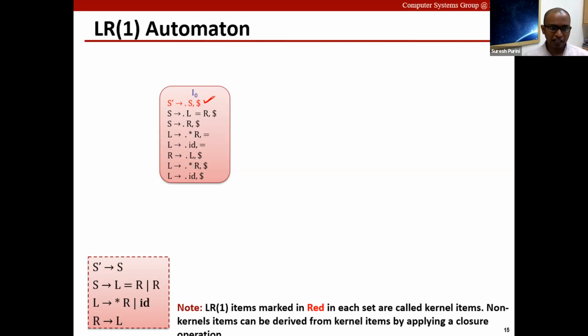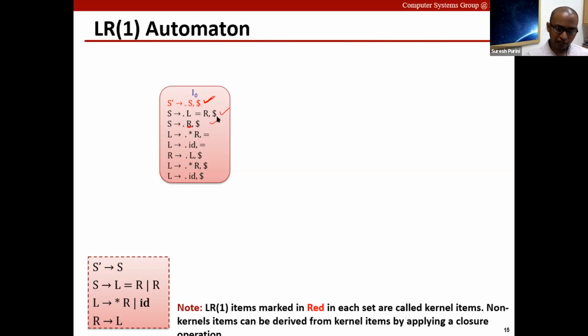And this particular statement can be expanded into two different forms. S has two different substitution rules. So we say here that we are anticipating a string derivable from L, in this form: L equal to R followed by dollar. Or there is a second way in which the story can unfold, that is the string that is yet to be consumed is derivable from the non-terminal symbol R, and followed by that we expect to see a dollar or end of file symbol in the input.